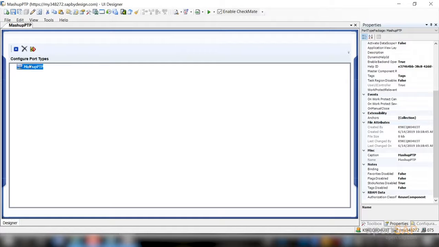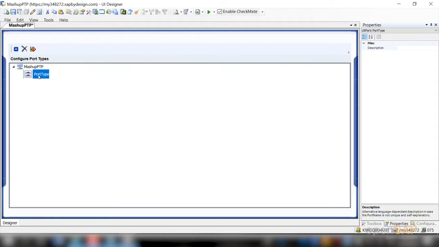This comes up. In PTP you can just add a port type, as we already saw in the presentation. You can just rename it to import, and I need to add a parameter for my import, which is my address. This is what we are going to use in our port binding, later in a mashup as well. As part of job application BO, if you remember, there is an element called job location, which is your country code. I am going to bind this to that, so that whenever the UI appears, you select for the job location a particular record, based on the country the mashup changes the location. So I am going to save and activate this.